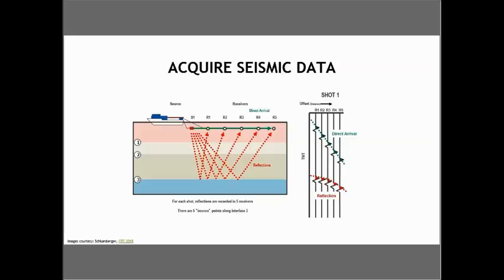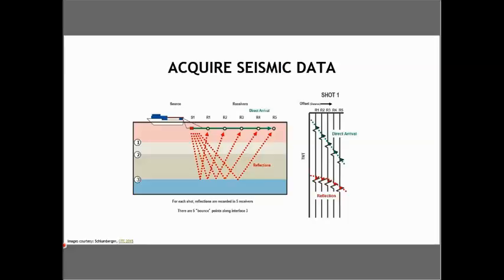And as those waves travel through the Earth, they bounce off of different reflectors. Different subsurface geology has different density of rocks, and as the waves bounce off of those densities, they get recorded at different times, and that's what's shown over here on the right. The time series data that comes back from one of these surveys is known as a shot record, and each one of these is a trace. The challenge is to be able to take this time data and try to figure out what the real subsurface looks like. And to do that, you need